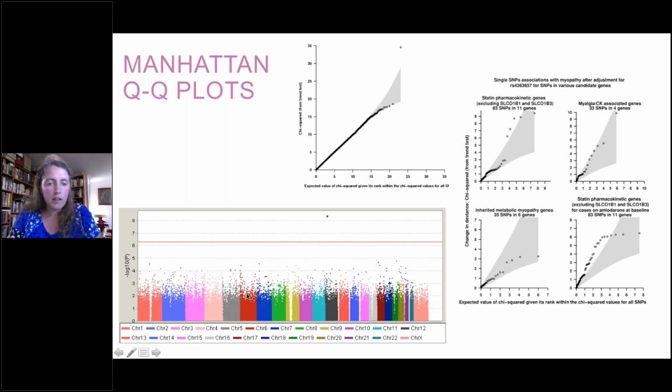So each dot is a SNP, and we're plotting the p-values on a negative log scale for an association with the outcome of interest. Anything that's higher on this y-axis indicates a greater association, a lower p-value. These plots are called Manhattan plots because often we have towers being built from these little SNP dots, and they can look like the skyline of Manhattan, a lot of skyscrapers. But in this particular example, we have one standout association, which is here,